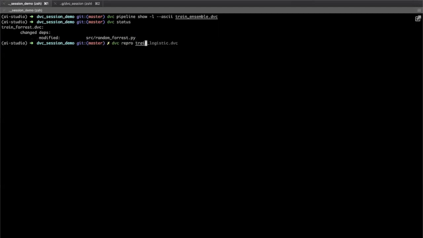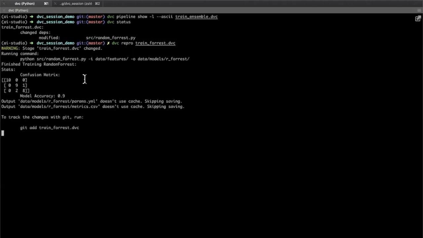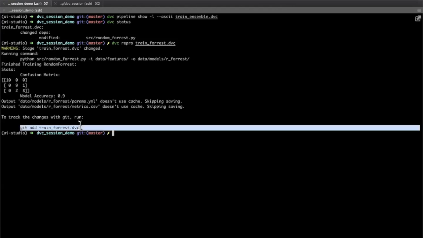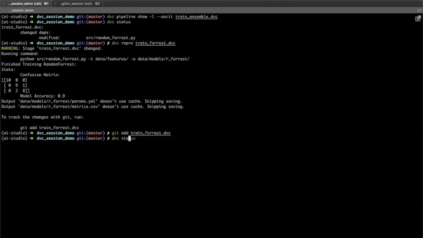train random forest. So it will run this stage and produces a new model for random forest. If you see the status, the new model that has been generated by random forest is the dependency for train ensemble, and only that stage has to be reproduced.